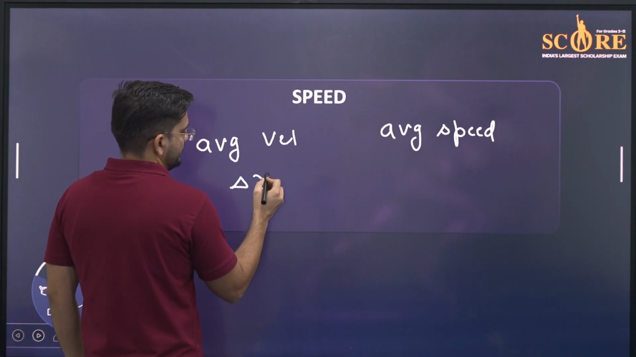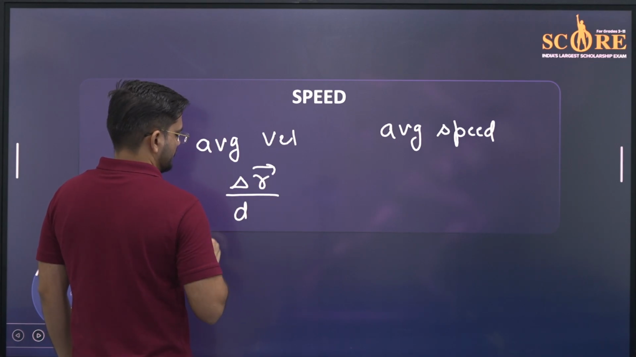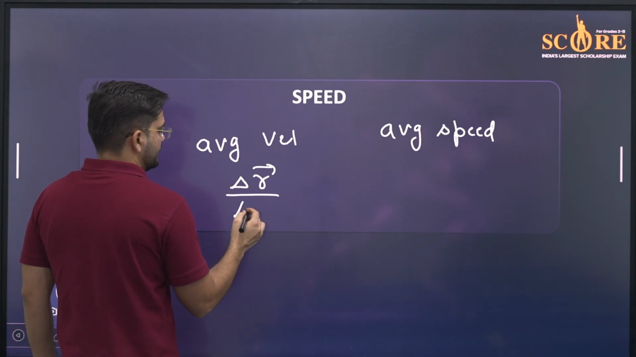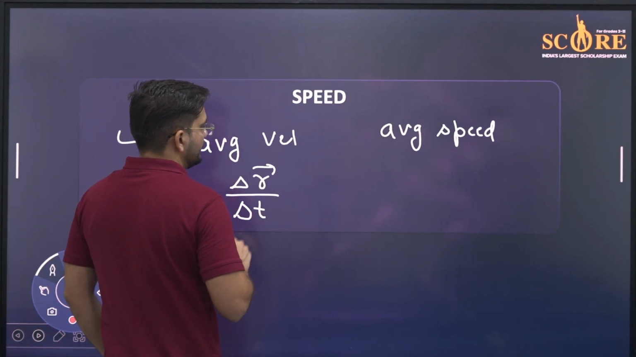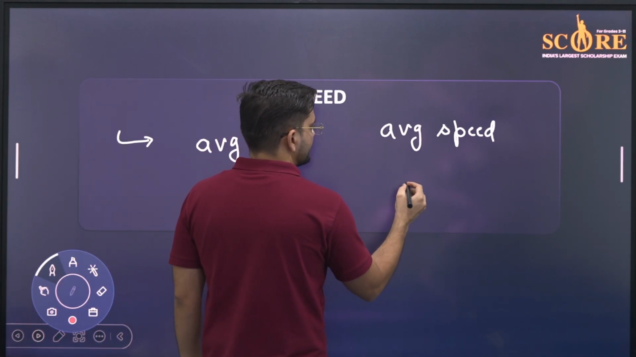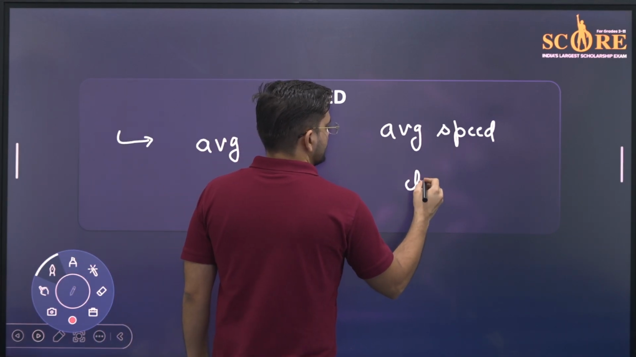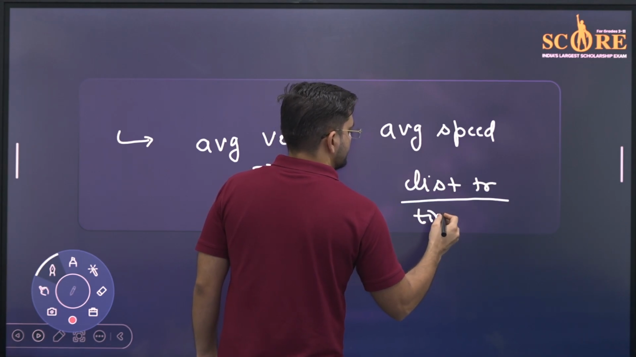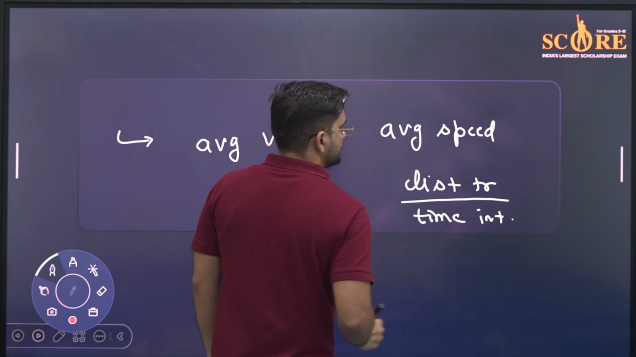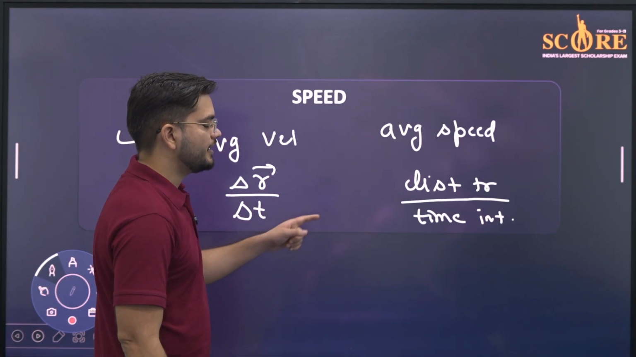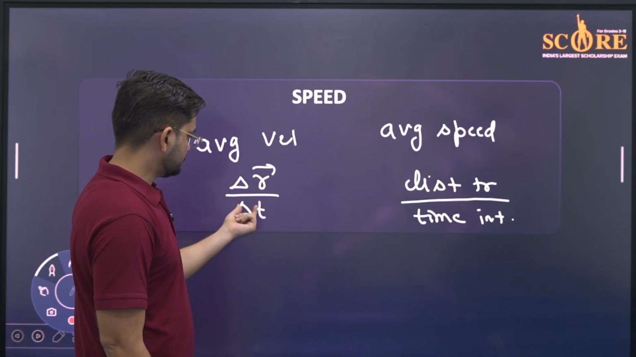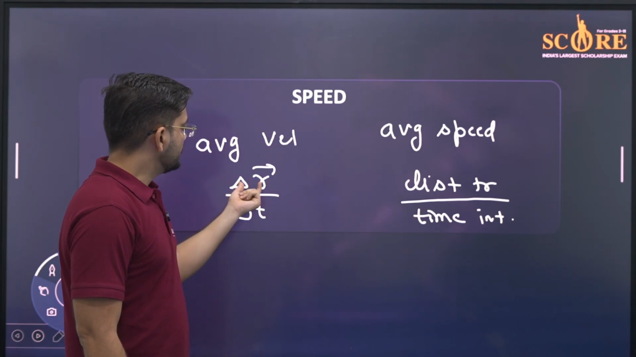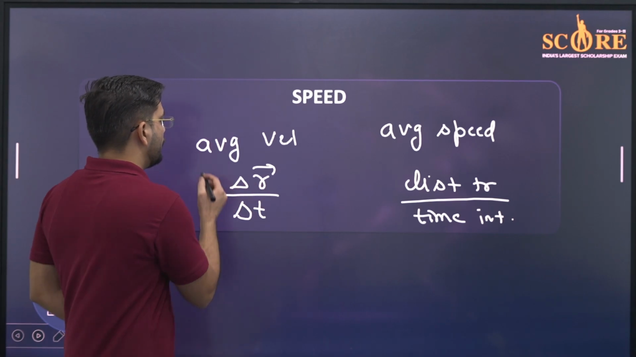What I mean to say, delta r by delta t is average velocity, and distance traveled by time interval is average speed. The time interval is the same. Displacement, or